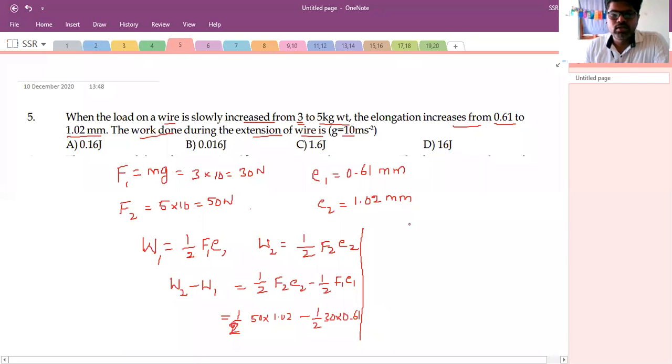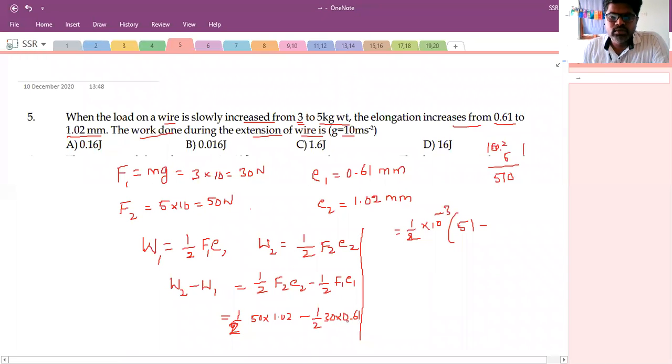This you can solve, taking 1 by 2 common and mm common. That means 1 by 2 into 10 power minus 3 into 50 into 1.02. You can calculate 1.02 into 50 as 10.2 into 5, which is 51. So this is 51 minus